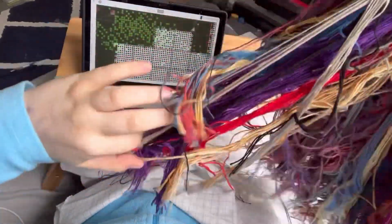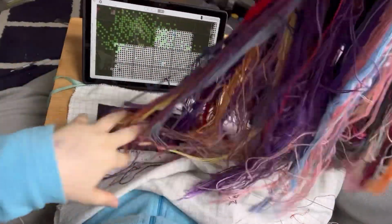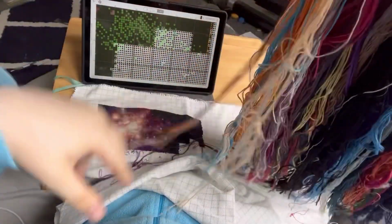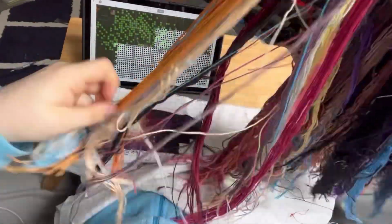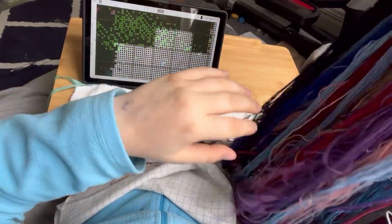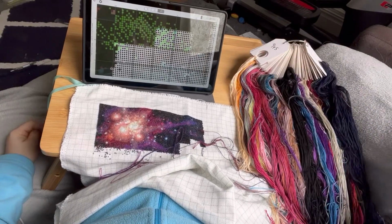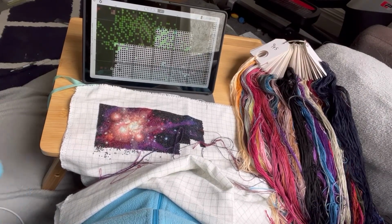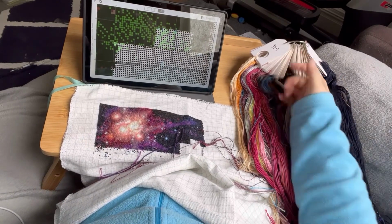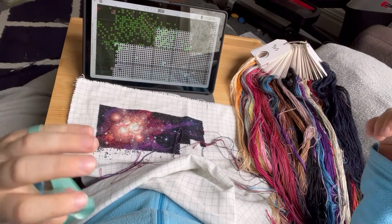The threads seem to be in a little bit of a tangle at the moment, but a little bit of care with them will straighten it all up. It's just because they've all been bagged up. Something that has changed for me since I kitted this one up is that I only put one skein on the thread drops at a time, even for something like 310, which might have, and this piece has 27,000 stitches